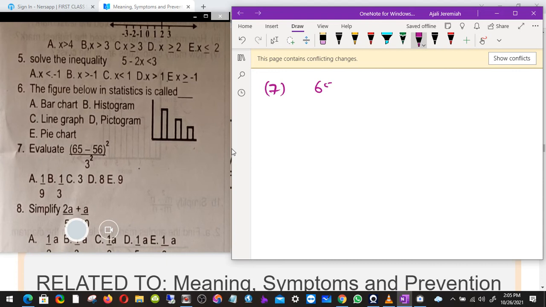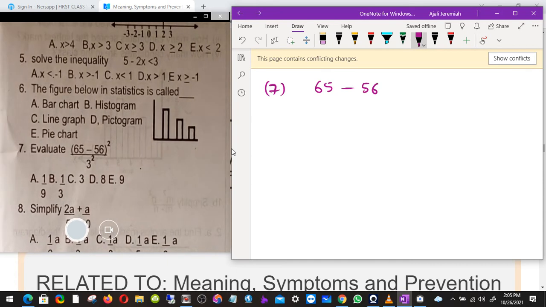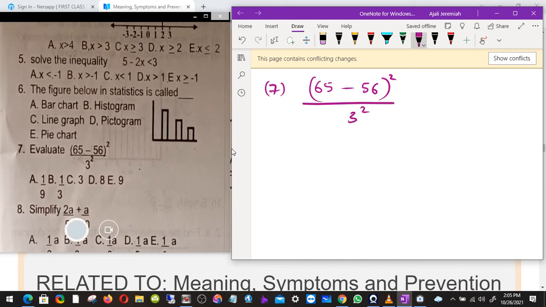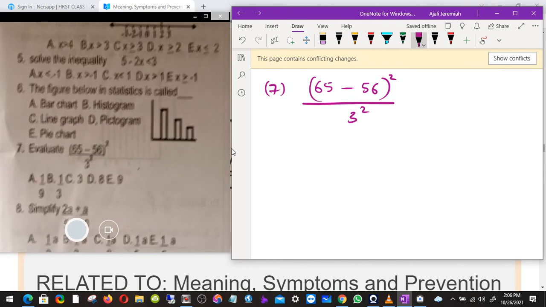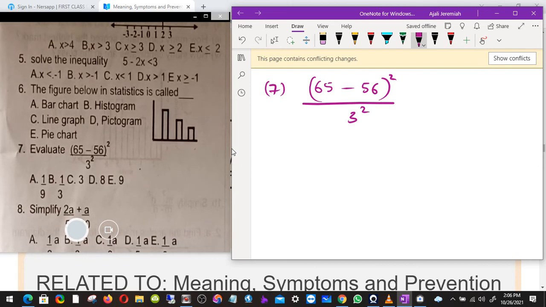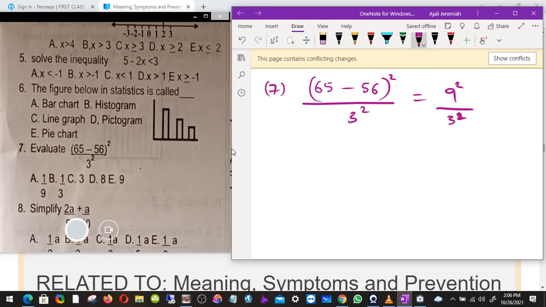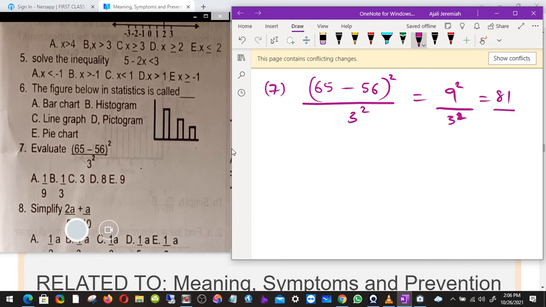Evaluate 65 minus 56, close bracket, all squared over 3 squared. So let's look for this first. What is 65 minus 56? What's that? 9. So that gives us 9 squared over 3 squared. What's 9 squared? 3 squared is 9. So that gives us